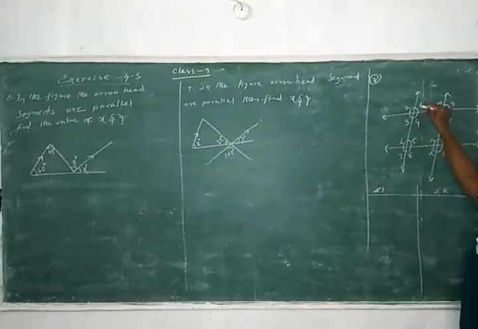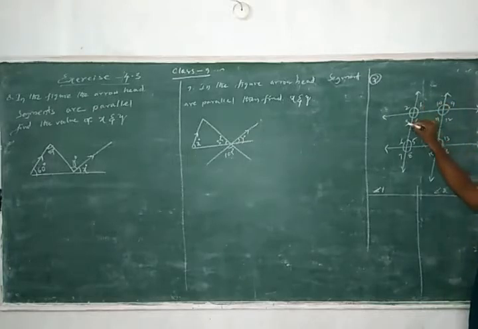Suppose we take angle 1 from the figure. Angle 1 is equal to angle 3, vertically opposite angles are equal. Angle 3 is equal to angle 5, alternate angles are equal. Angle 5 is equal to angle 7, vertically opposite angles. Angle 7 is equal to angle 15, corresponding angles. Next, angle 15 is equal to angle 13, vertically opposite angles. Angle 13 is equal to angle 11, alternate interior angles. Angle 11 is equal to angle 9, vertically opposite angles. Angle 9 is equal to angle 1. So these are congruent to angle 1.